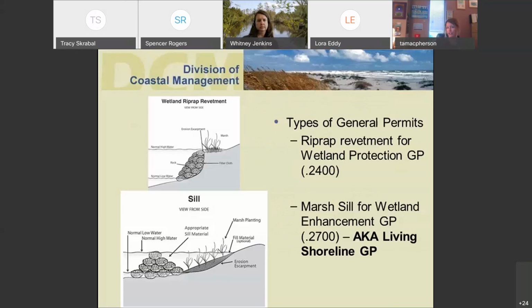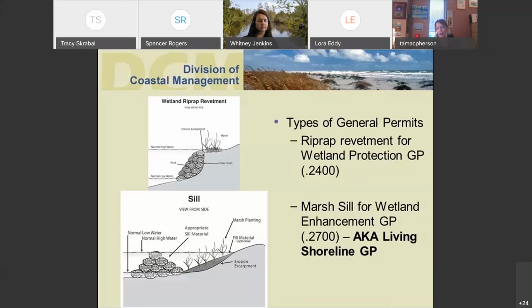We actually have two types of general permits. One really addresses wetland protection, and the second, wetland enhancement. The top is, Tracy showed an example in the field of this, wetland riprap revetment. This is actually for marsh protection that has an identifiable existing escarpment. It can't be more than 3 feet high. We're not trying to build a really large structure here, but the riprap is installed immediately waterward of the escarpment